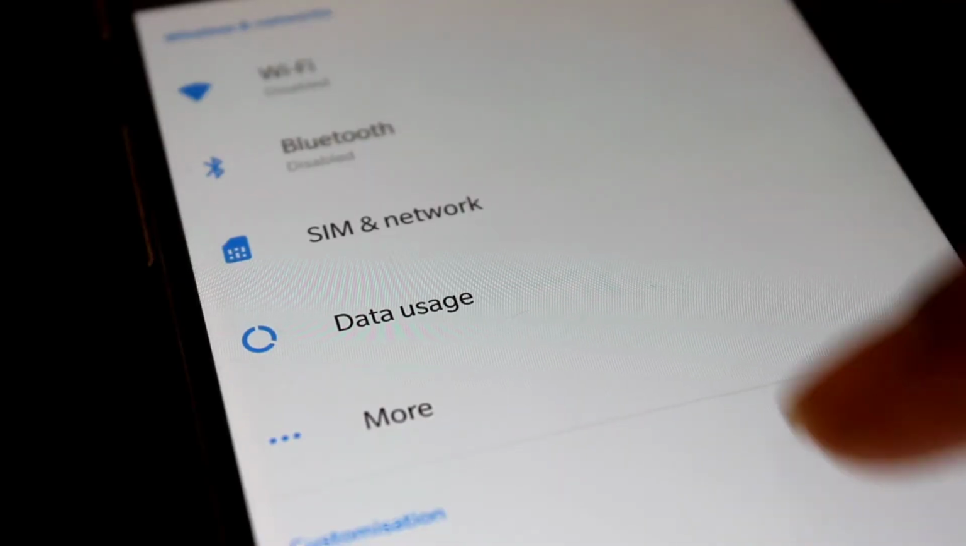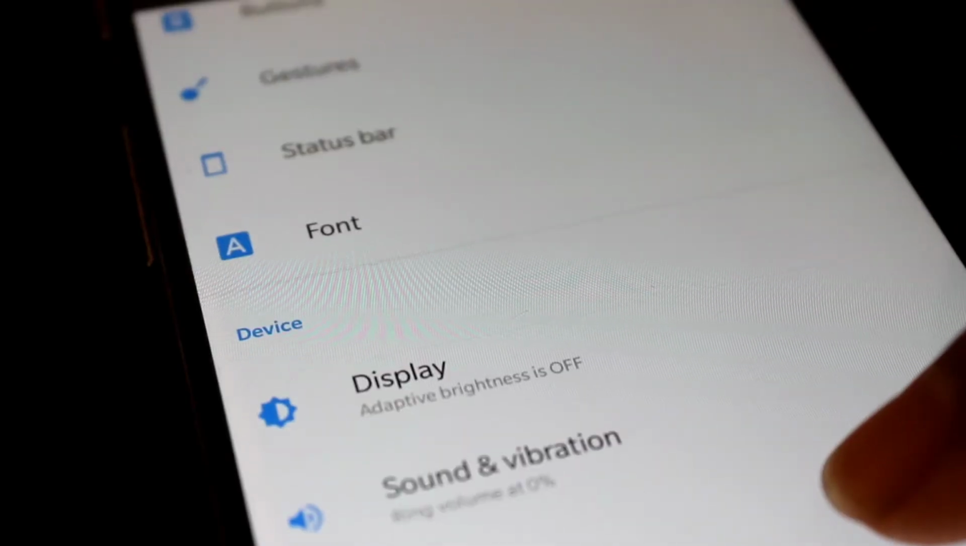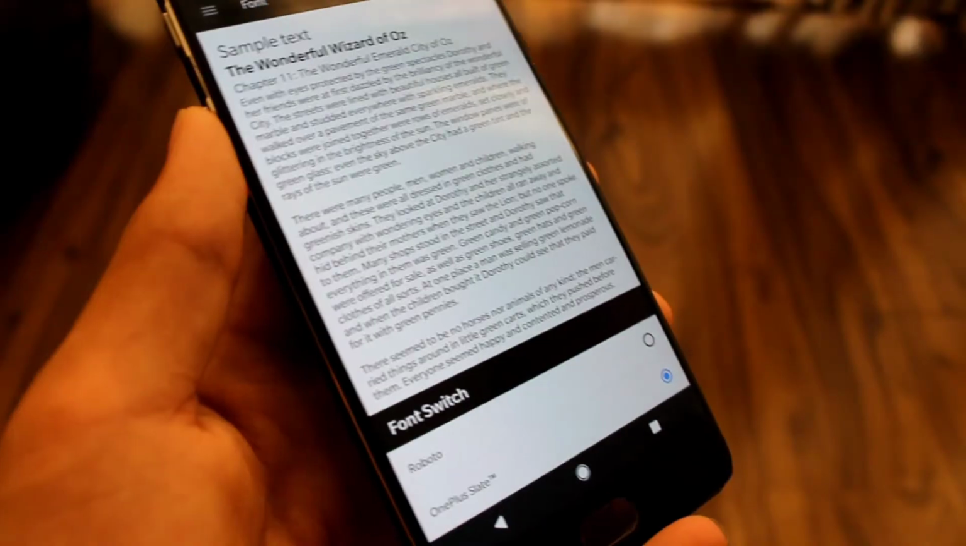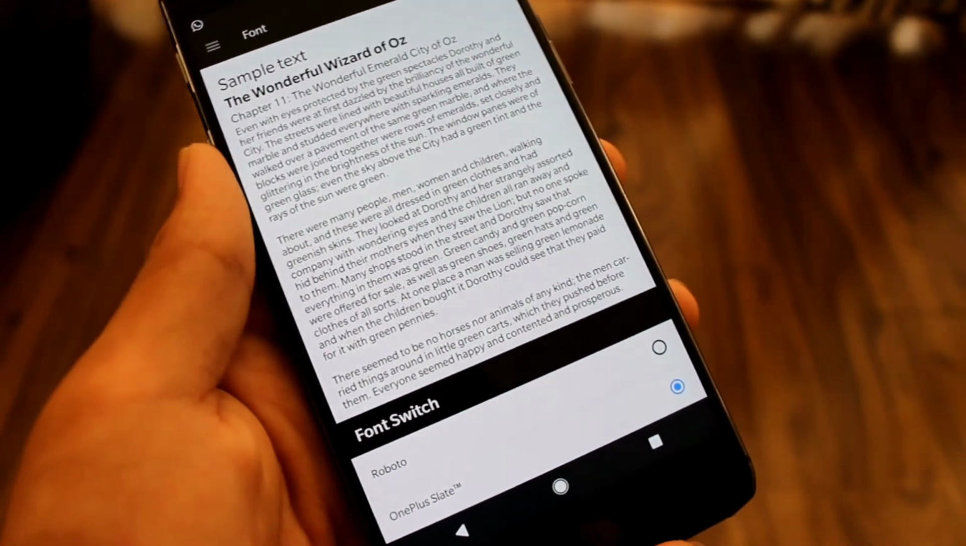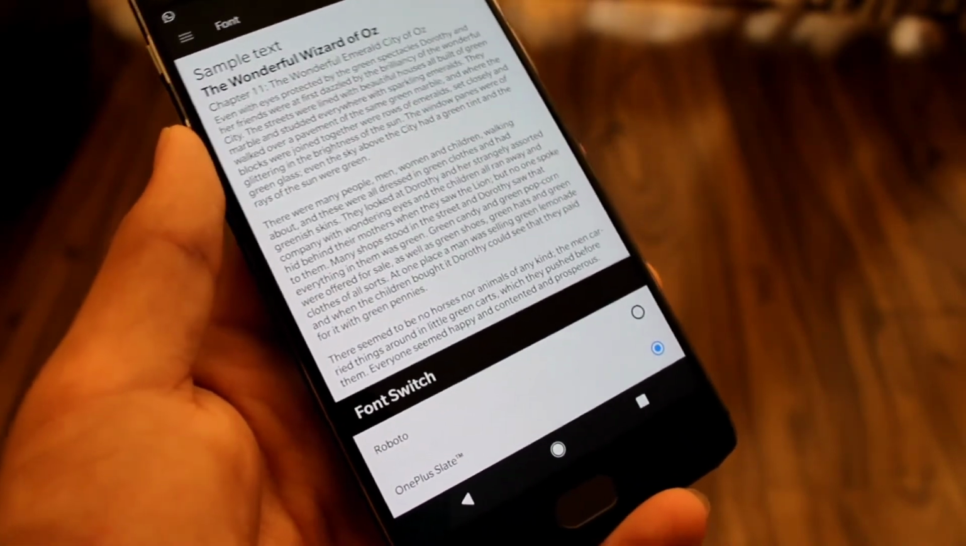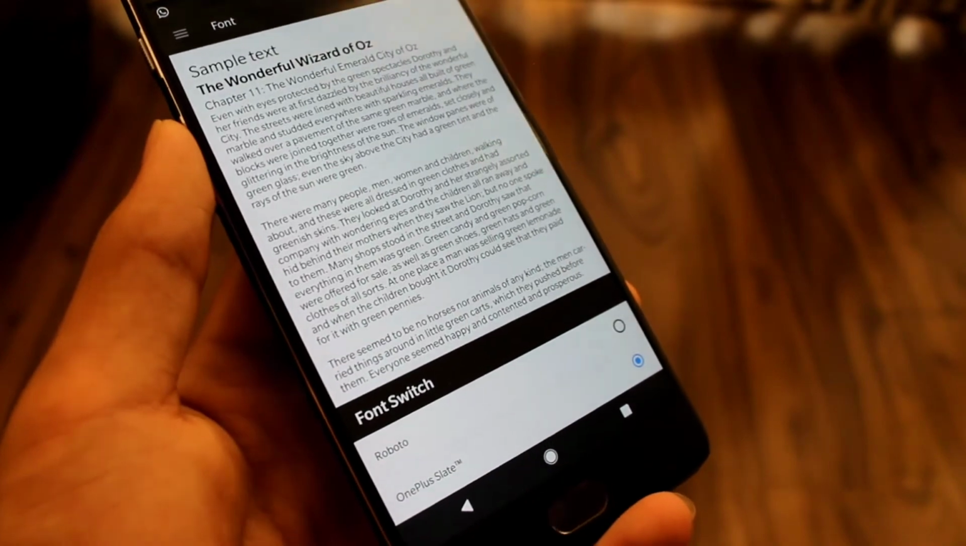Moving into the settings, there aren't any new options. However, there's one new category which is that of font, which I think is pretty self-explanatory. It just lets you customize the font. You can select between the two pre-installed fonts, or you can download your favorite fonts from the internet and apply